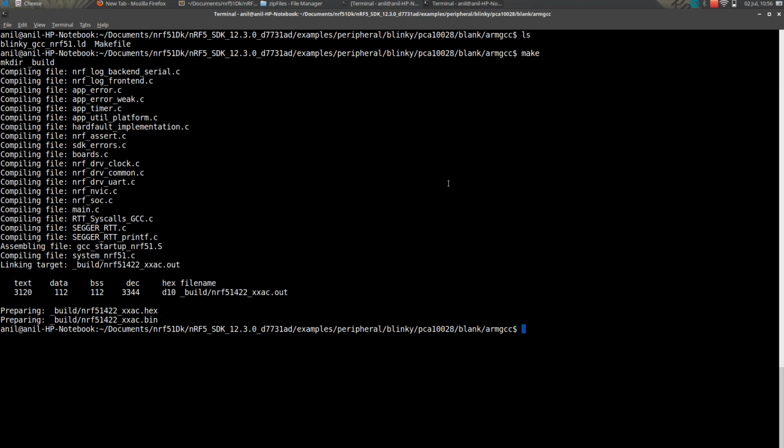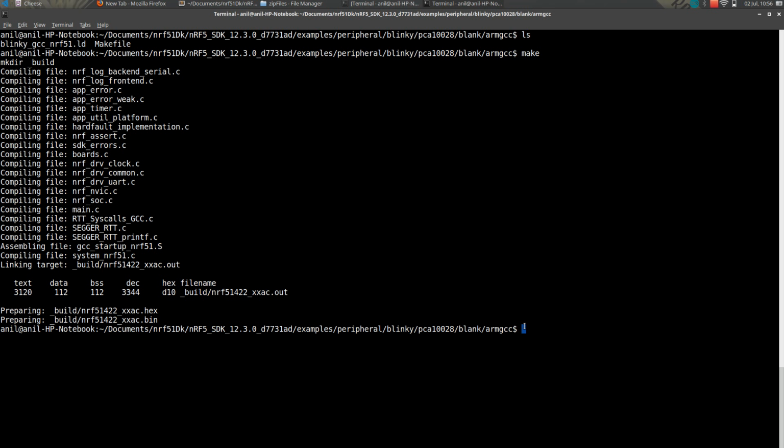Frankly, I don't know what all these files are at this moment. I still need to look into each one of them, but right now the files we're going to use are these. Preparing build. The build will be in the build folder. We'll have one hex file and one binary file. We'll be writing the hex file to the board.